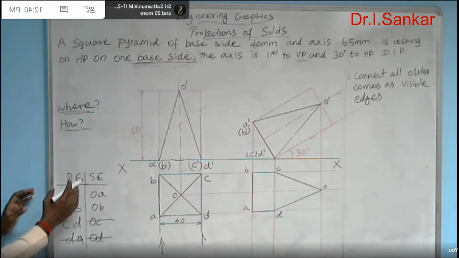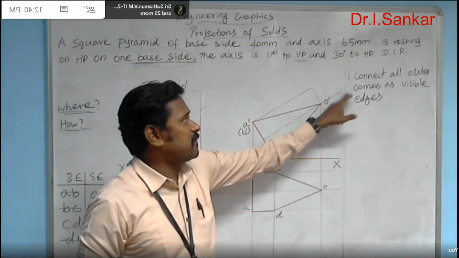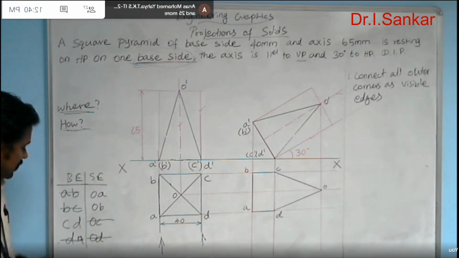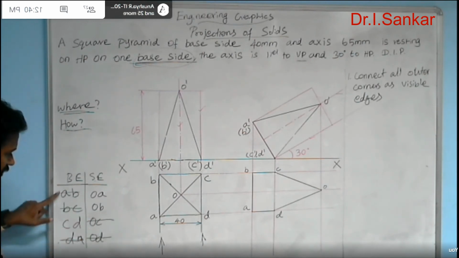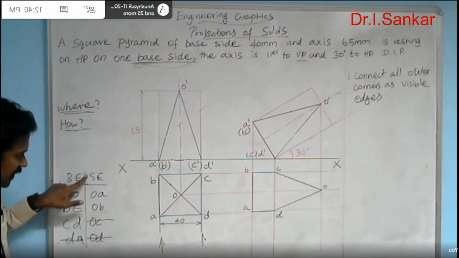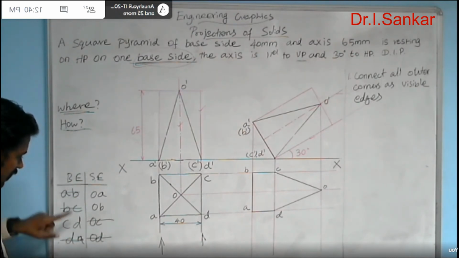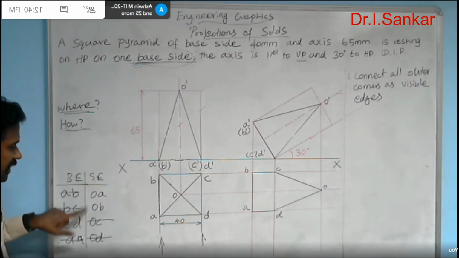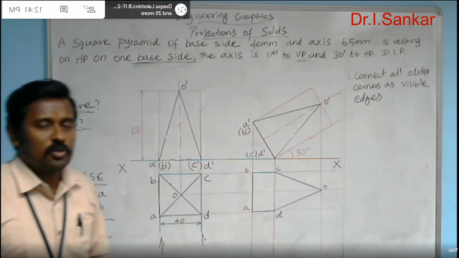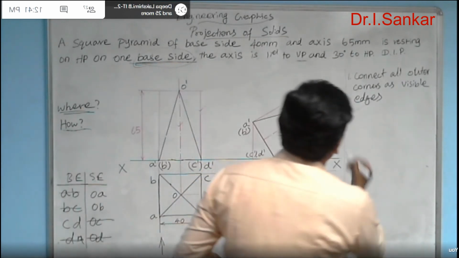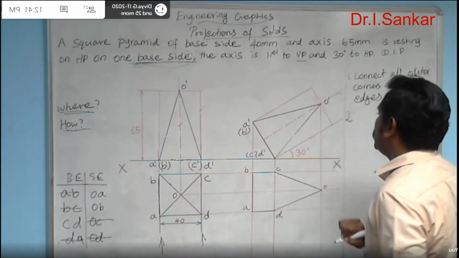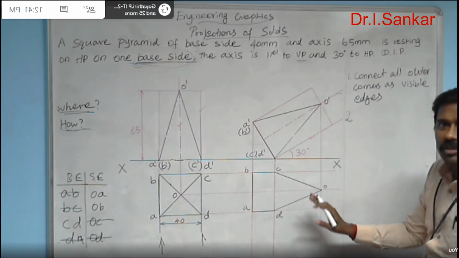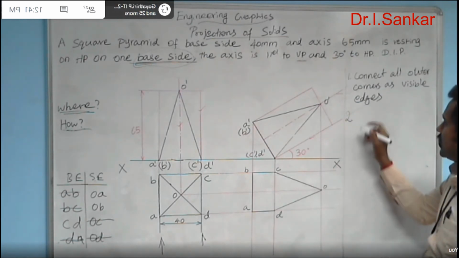So by following the first step in the procedure, we connected nearly the maximum number of edges. That is, in the base edge side we connected 3 edges, in the side edge side we connected 2 edges, and only 1 edge in the base edge side and 2 edges in the side edge side remain unconnected. So what is the second step in the procedure? The second step is actually not applicable for this question. However, just have a look at that.